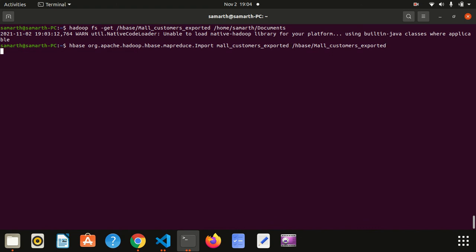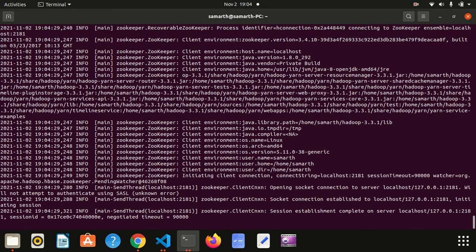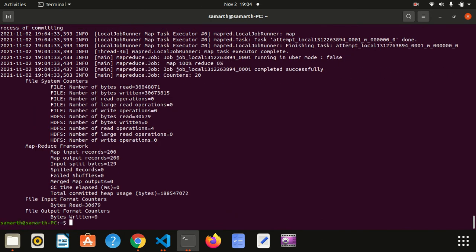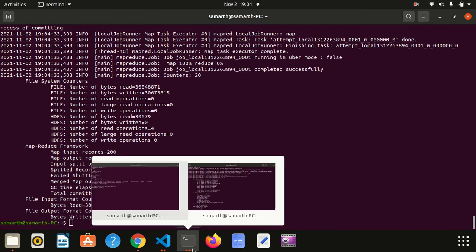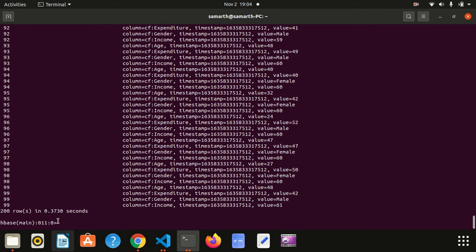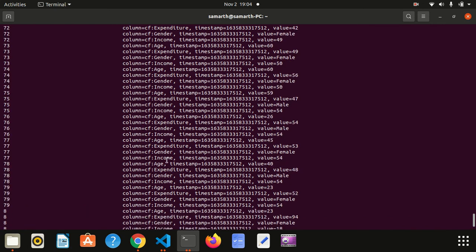So if you run this, okay, it's successfully done. Now you can go to your HBase shell and scan your mall customers exported table. Yes, 200 rows have been retrieved.